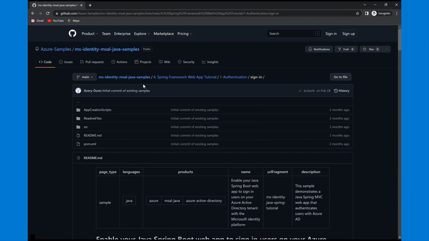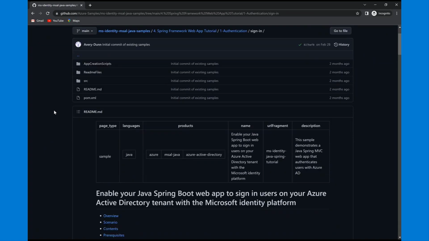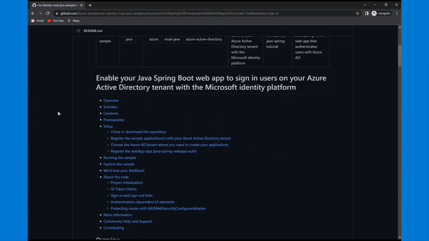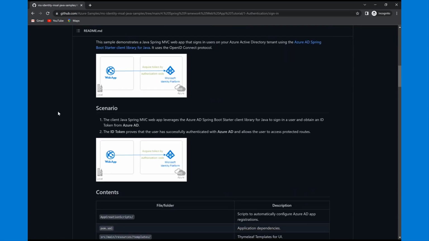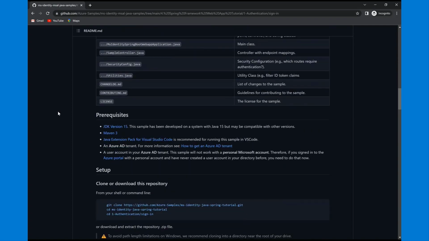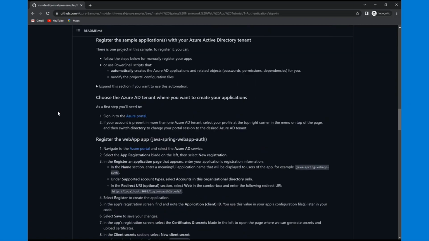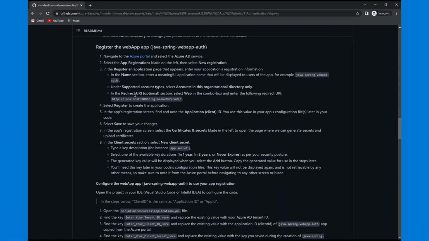This is the first sample that I demoed to you when I had the Spring web app running. Enable your Java Spring Boot web app to sign in users on your Azure Active Directory tenant with the Microsoft Identity Platform. We elaborate on the scenario, tell you the prerequisites, show you what you have to clone, and then like the steps I was talking about earlier, navigating to Azure portal to create your new application, entering the redirect URI,